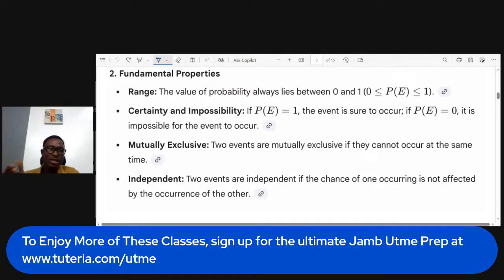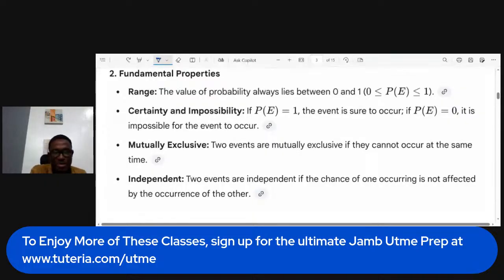But if I say, what is the probability of you entering into the university? For some, they just want to write JAMB and just test their knowledge. For some, they might not even be in school already, or they just want to write JAMB again to test their knowledge. The probability of them entering the university is impossible because they are already in the university. So I'm saying all of this so that you can understand what probability is, using this practical example.